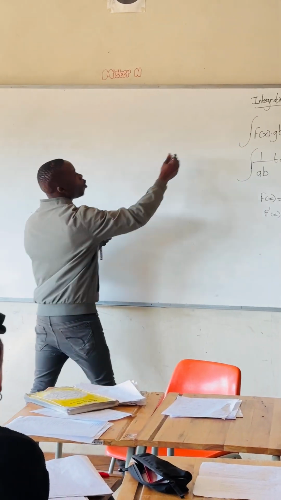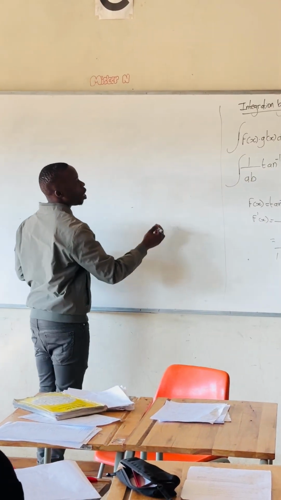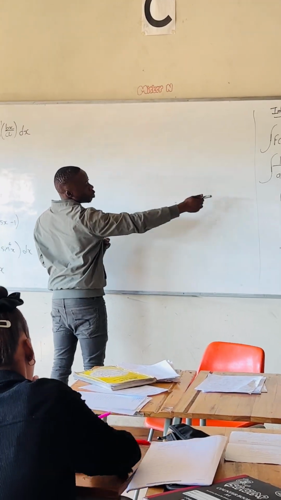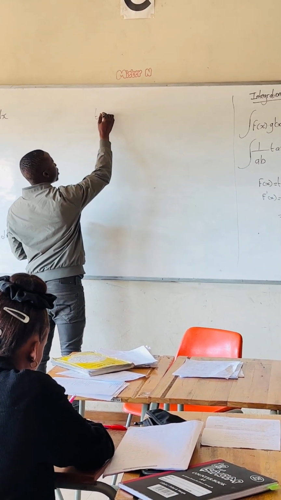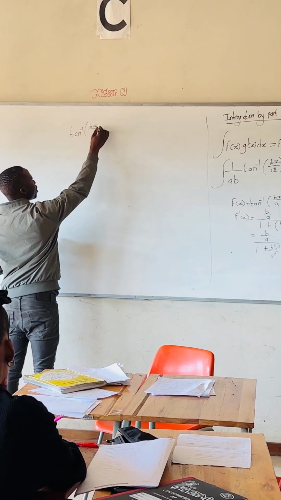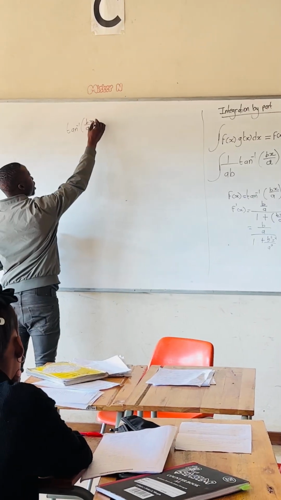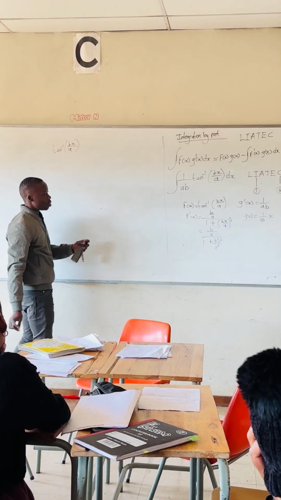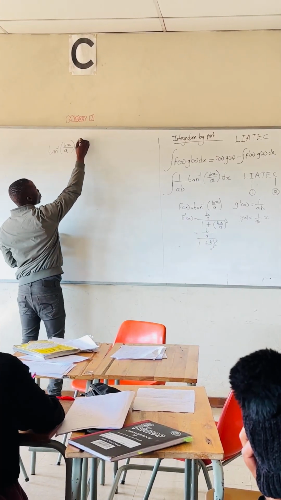Since we know the formula, we say we have our f of x, which we have already identified as arc tan of Bx over A, multiplied by your g, which is 1 over